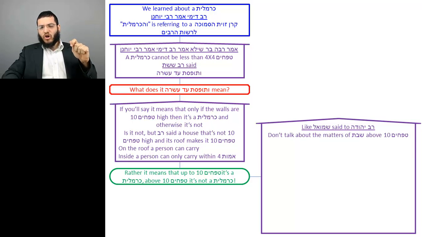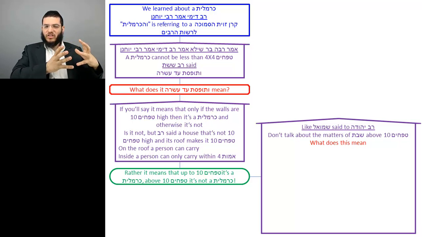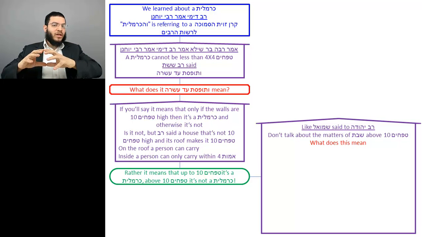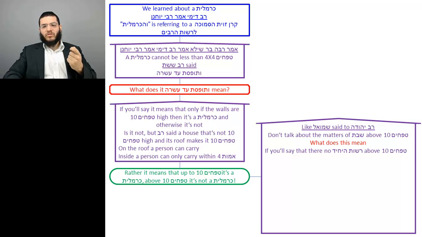He said, Shinana, sharp one, don't talk about the matters of Shabbos above 10 tefachim. So the question is asked, what does this mean? What does it mean, don't talk about the matters of Shabbos above 10 tefachim? I just want to point out that we could set this up as a question and then answers, but since the whole thing is essentially just a side discussion, that we mentioned that v'tefeses ad asara means it extends up to 10 tefachim, we say we actually saw something similar, like Shmuel said to Rav Yehuda, so the whole thing is an arrow. So the Gemara asks, what does this mean when it says, don't talk about the matters of Shabbos above 10 tefachim?